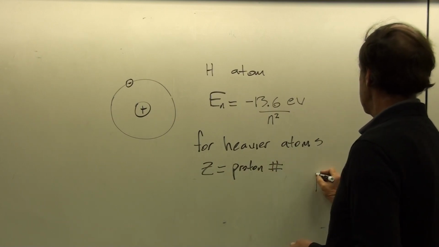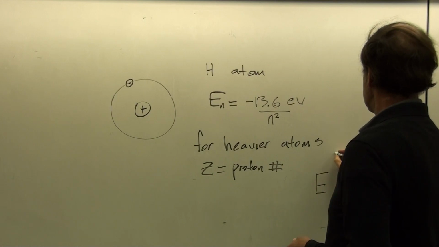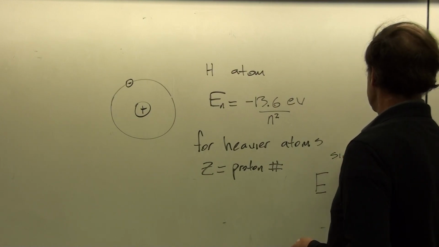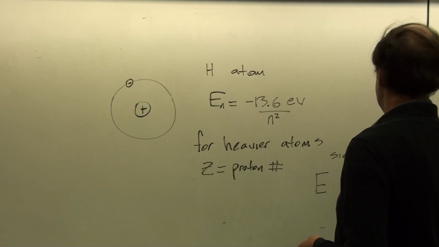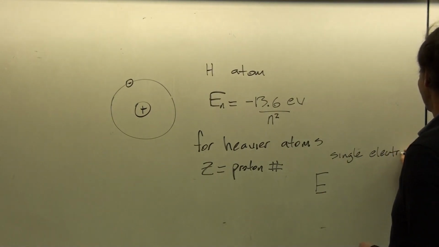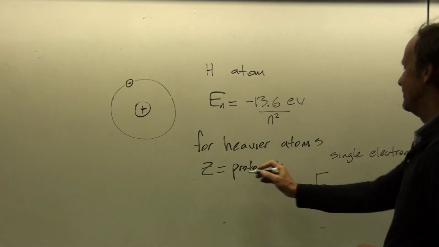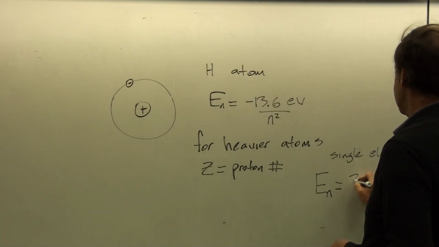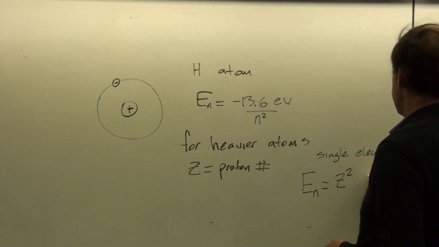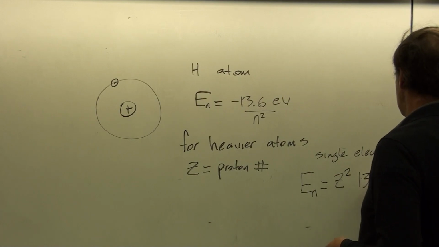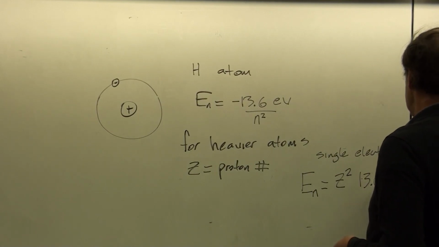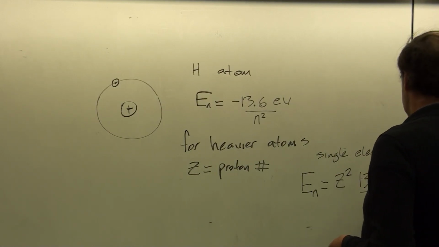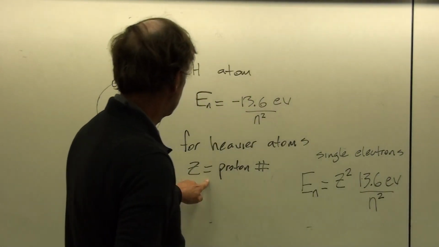Then this is a single electron energy, meaning that there are no other electrons in this multi-proton atom. Then En would be equal to Z squared times 13.6 eV over n squared, where Z again is our proton